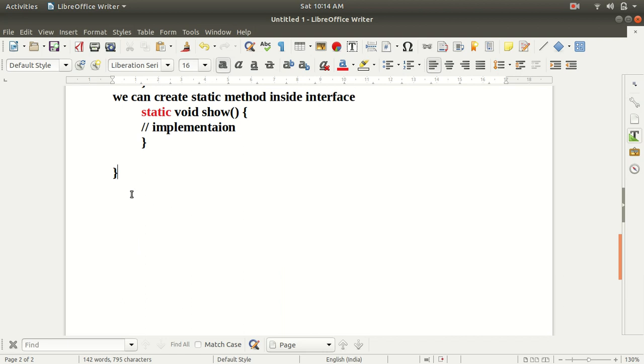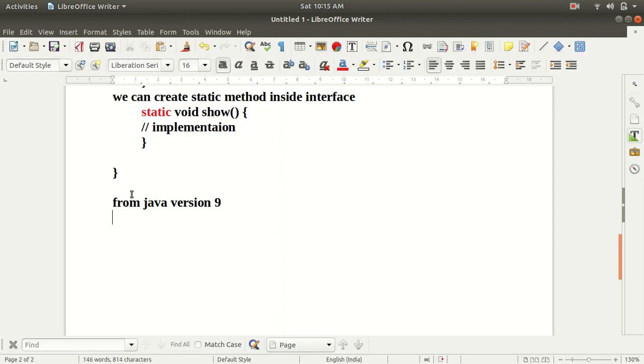And now guys, in the 9th version of the Java they have modified the interface. From Java version 9, inside the interface we can create the private method also.